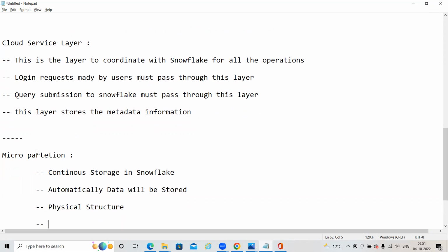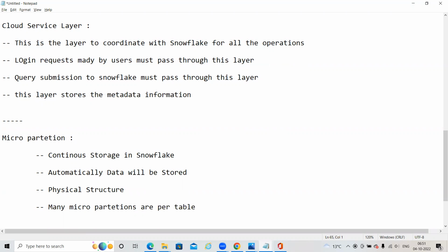This is a physical structure. Many micro partitions will be involved per table, and each micro partition will have data of 50 MB to 500 MB.